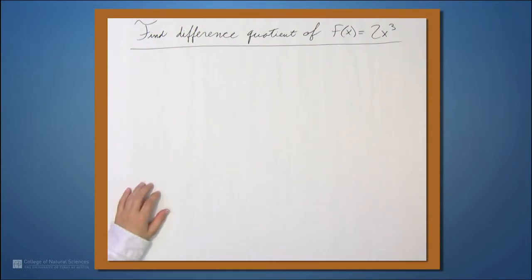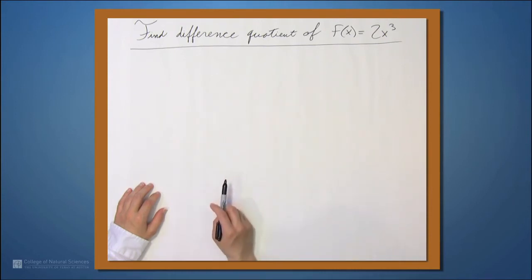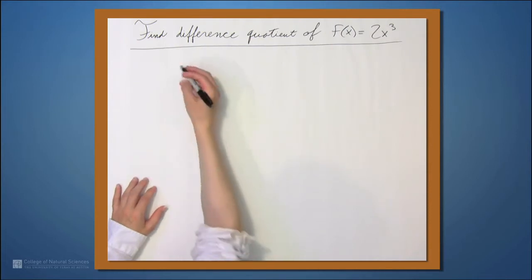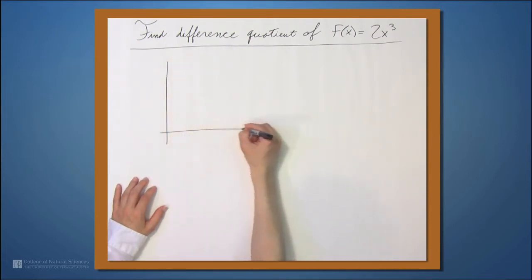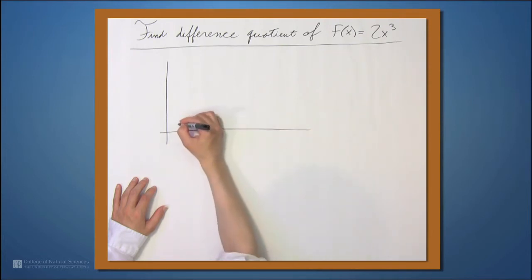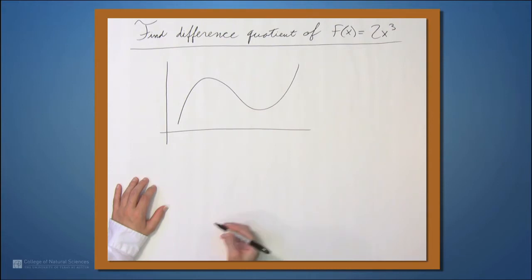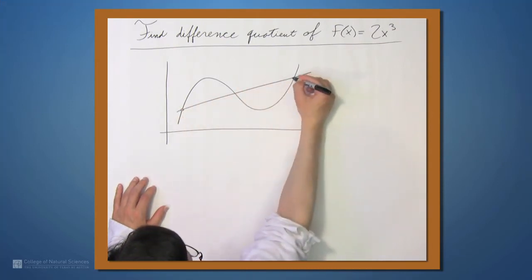Okay, so we're here at the example table, and in this video we're going to find the difference quotient of the function 2x cubed. So let's just take a moment to remember what the difference quotient is. Let's draw a little picture. Let's have a little graph. Let's consider this curve. If we have a line going through it here, the difference quotient is just going to